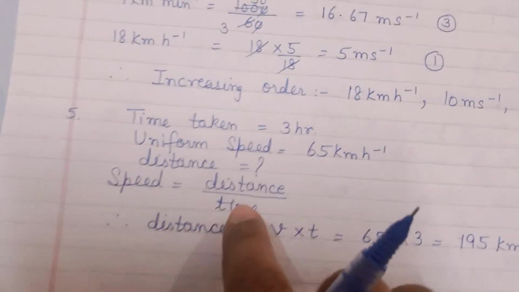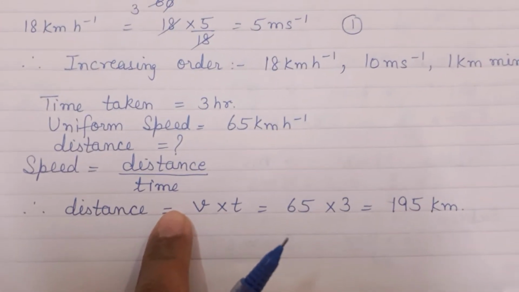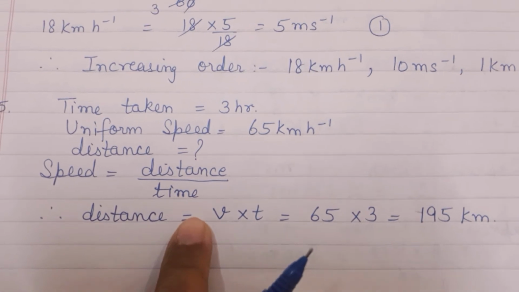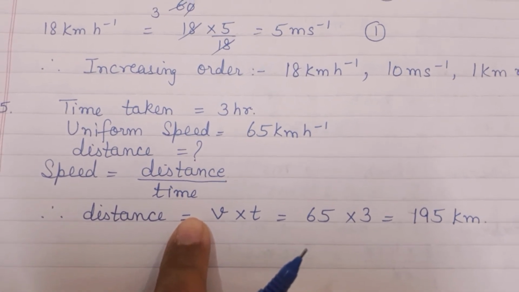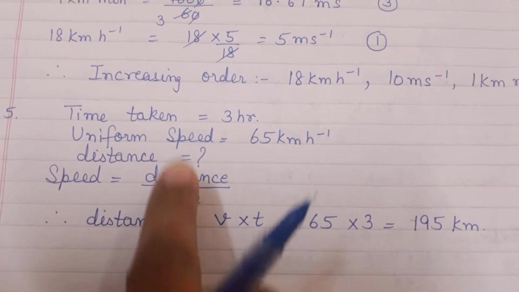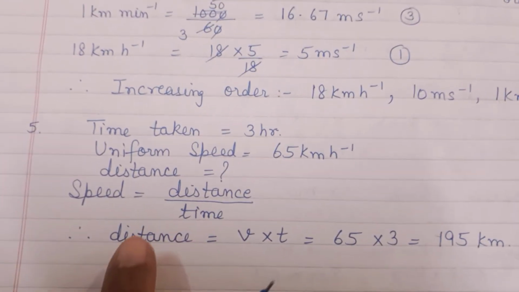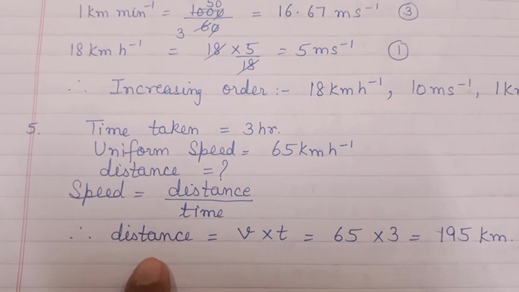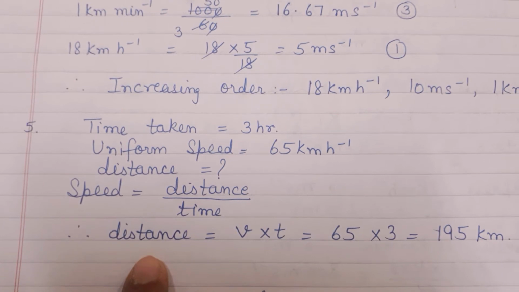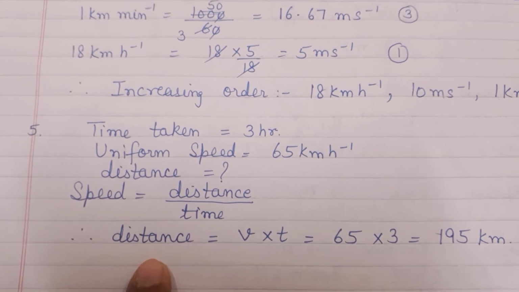Now I go to the fifth question. I read out the question for you, children. A car travels first 30 kilometers. So the first 30 kilometers in the fifth question, I'm sorry, that was the sixth question. I'll read out the fifth one.